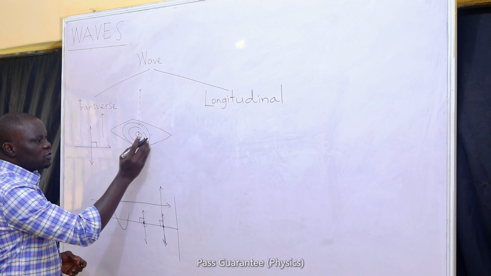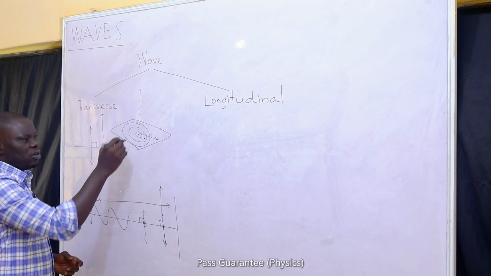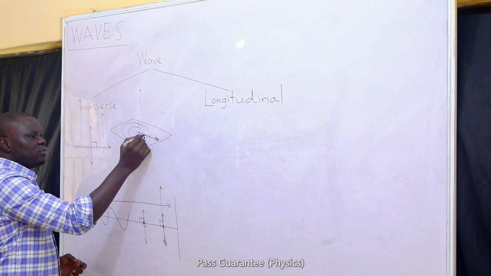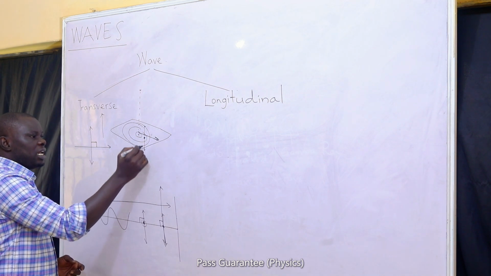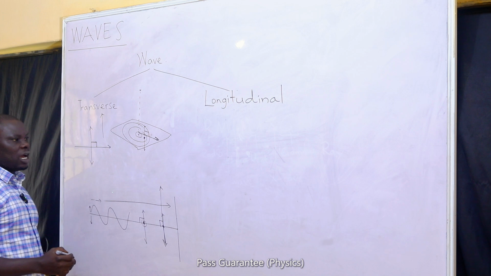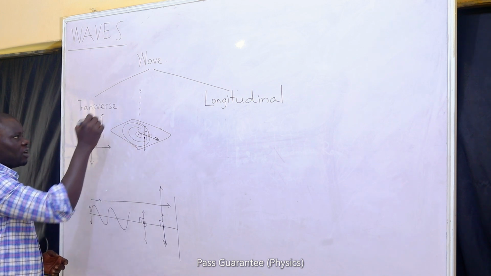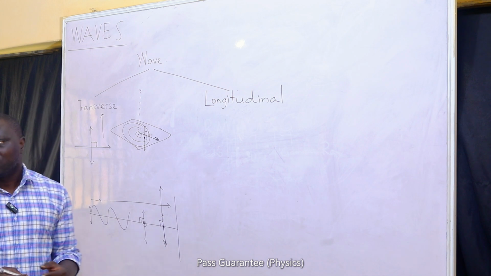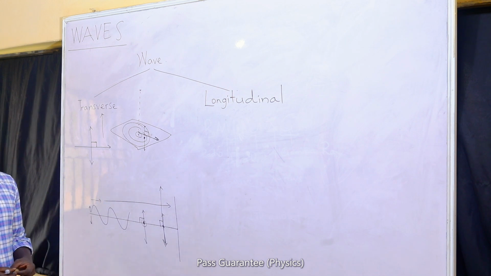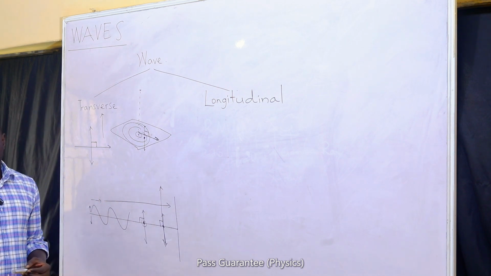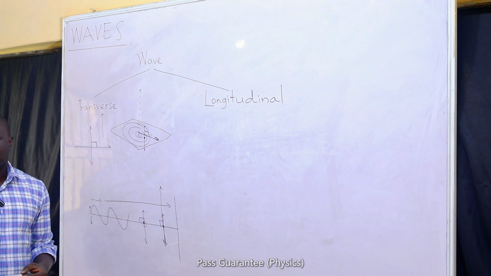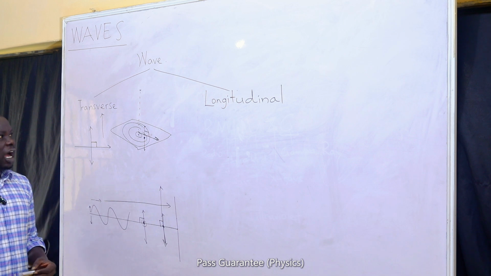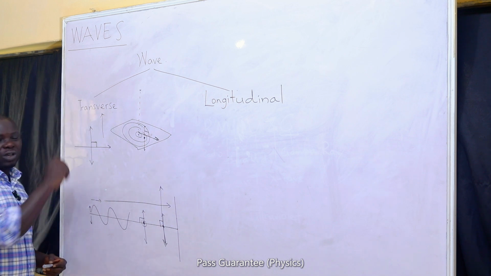The paper will not move in the direction in which the wave is moving. While the wave will be moving outward from the point of the disturbance, you will discover that the sheet of paper is vibrating up and down, making sure that it is perpendicular. So water wave is another very good example of transverse wave. Water wave and waveform on a rope are very good examples of transverse wave. All electromagnetic waves that I've itemized earlier, all the 7 electromagnetic waves that I've given to you earlier, the ones that form the acronym R-G, are all said to be transverse wave.